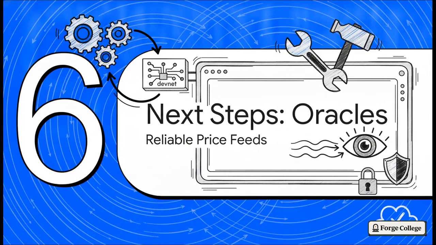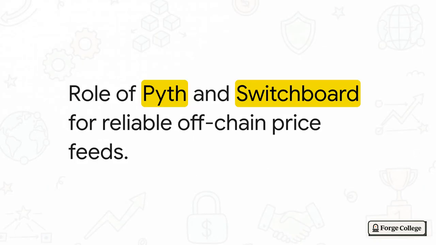Finally, Section 6, Next Steps, Adding Oracles. With your DeFi engine now running perfectly on the DevNet, it's time to peek around the corner at the next major component. Your very next upgrade in this track will be integrating reliable off-chain price feeds using Pyth and Switchboard. These oracles are absolutely vital because without accurate, real-time price data, a derivatives or lending platform simply cannot manage its